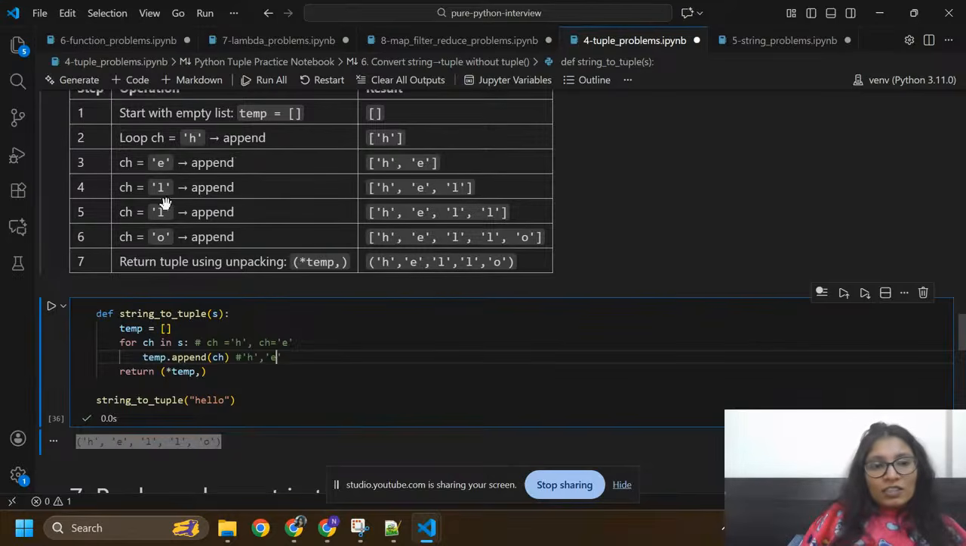Okay, ch equals l, you need to take l from here, then append this inside temp. Here ch equals l again, append in temp again. Then you need to take ch equals o, then append inside the temp. So it will give you a list like this, temp in a list. Here I'm going to convert this temp into a tuple. So here I got my output